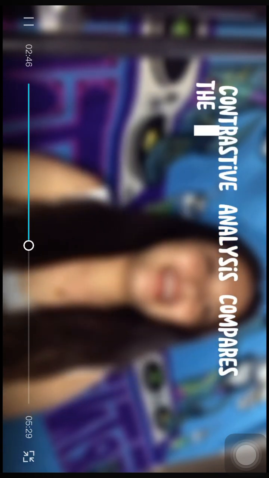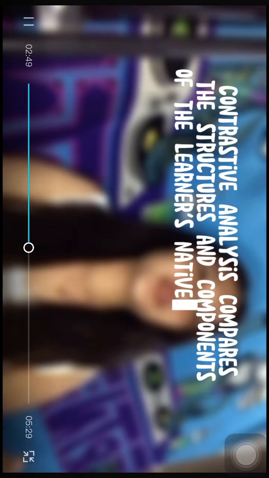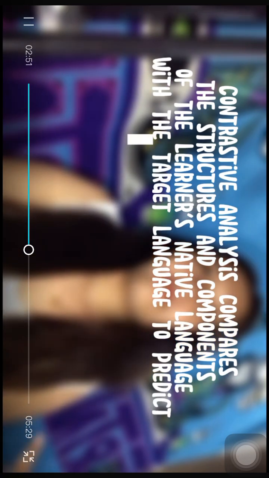Contrastive analysis compares the structures and components of the learner's native language with the target language to predict potential errors, while error analysis focuses on identifying and analyzing errors made by language learners to understand the underlying causes. Both approaches contribute insights into second language acquisition, with contrastive analysis emphasizing language transfer and error analysis focusing on error